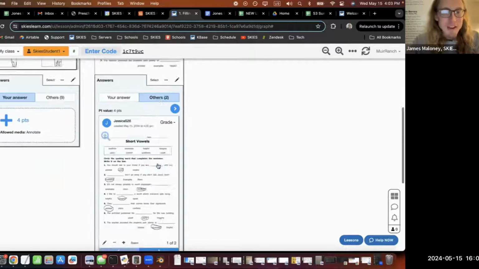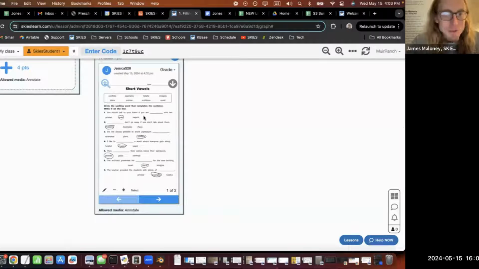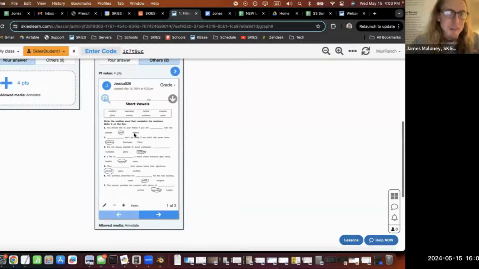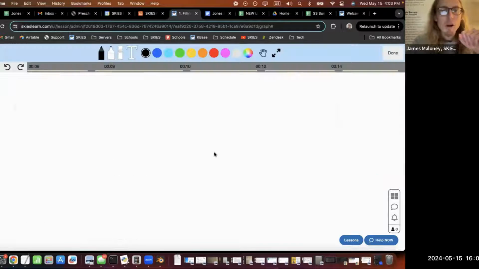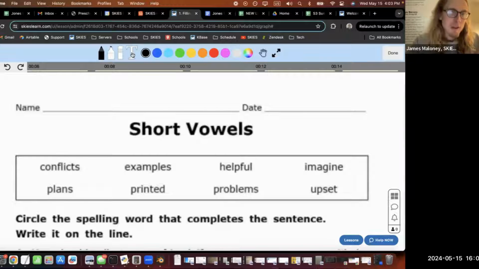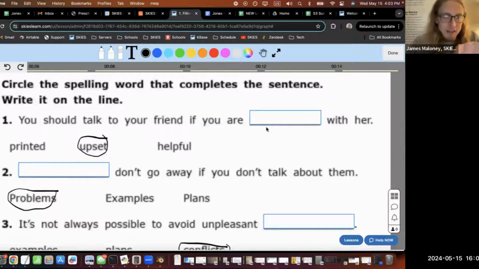Those of you, like for example, Jessica, you circled the answers, but Jessica, if I'm just going to show you real quick, if you edit your card and then you press edit drawing, you can go back and press T and type stuff in.